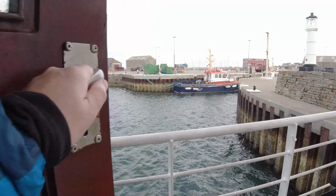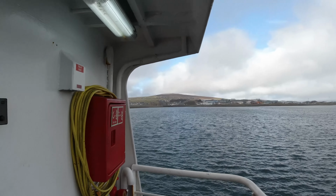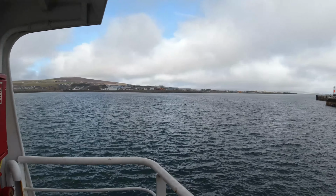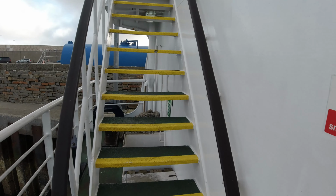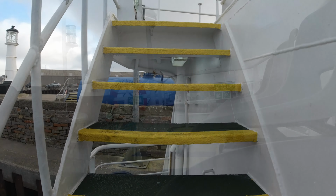On a beautiful morning like this though, there's no better place to be, is there, than out on deck. And access to this part of the boat is through the door here at the rear of the lounge. And this brings you onto a small area where there's not much room to do anything much, to be honest, but there are some further external stairs which take you up onto what I will optimistically refer to as the